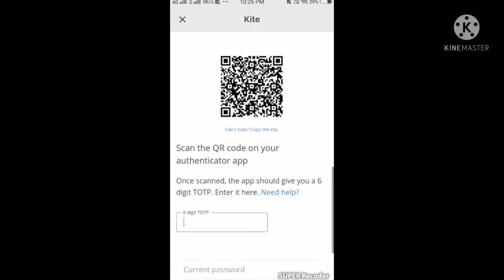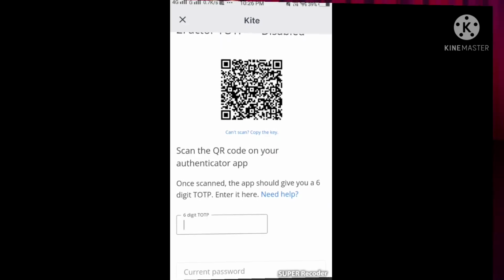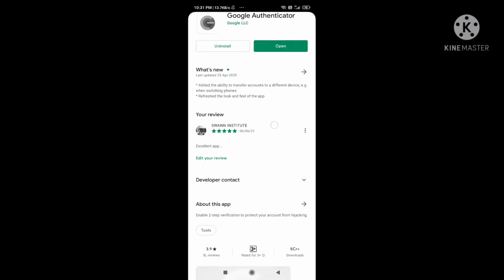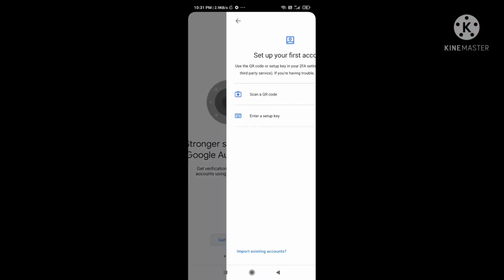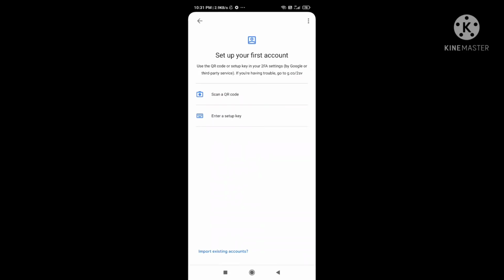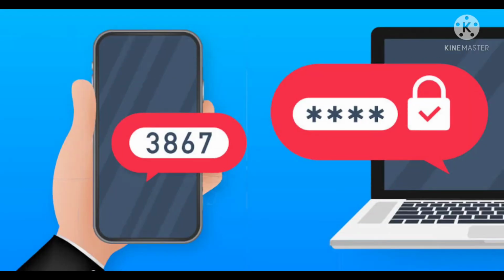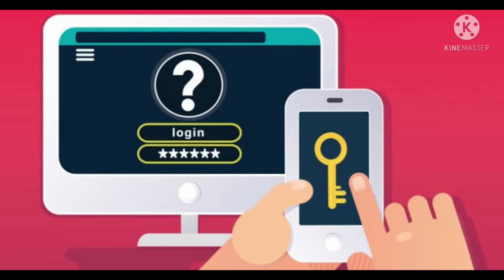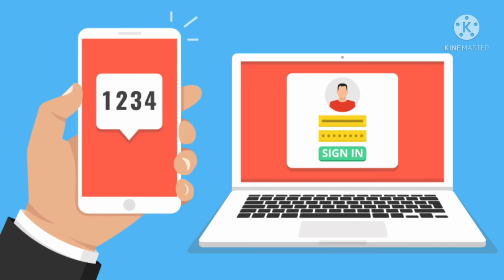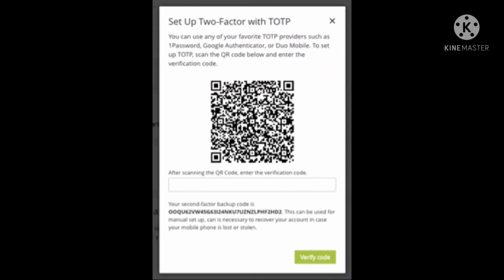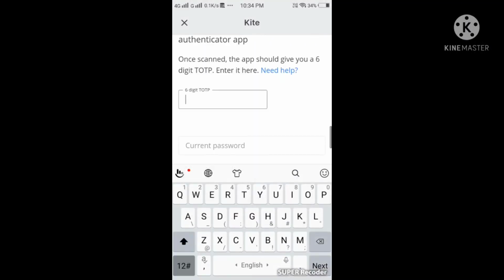So now we are going to open that Google Authenticator app. Simply open your Google Authenticator app from your registered mobile, which you can download from the Play Store. So that's why I reminded you initially that you have to log in on one mobile, and download your Google Authenticator app on another mobile. So that is comfortable. So you already downloaded that Google Authenticator or Microsoft Authenticator app, right? So open that app and it will ask you to scan the barcode. Simply scan and activate that Google Authenticator app.